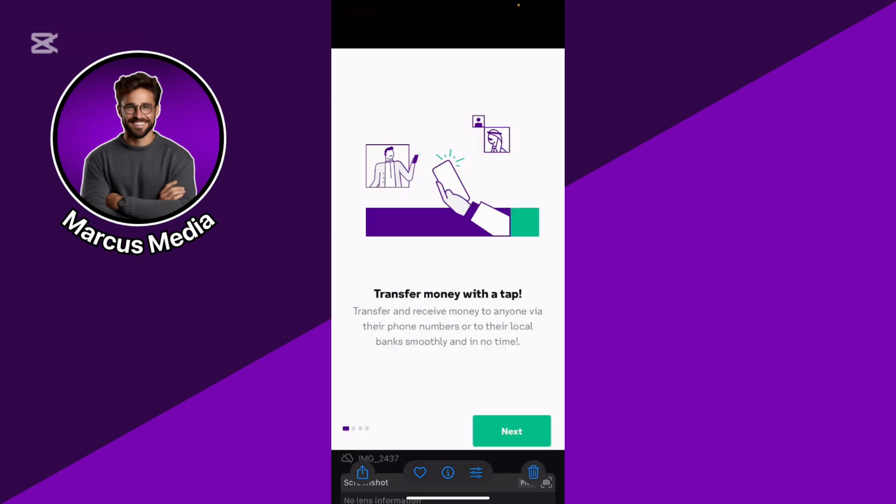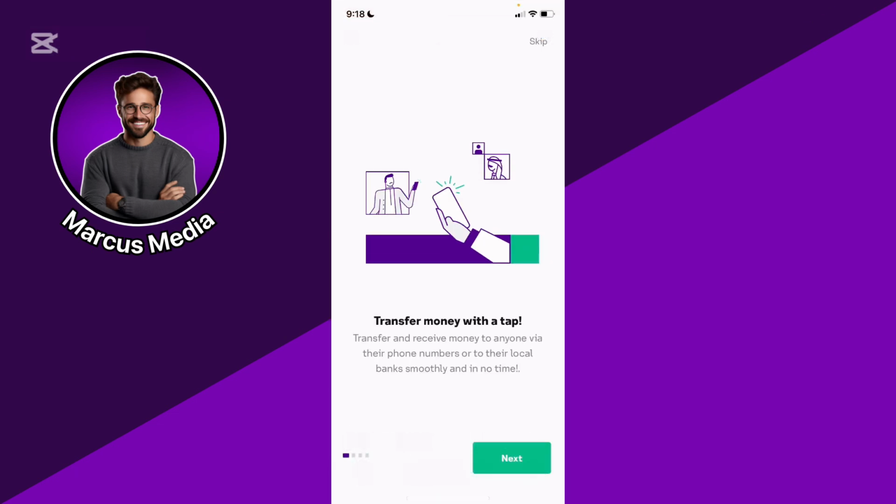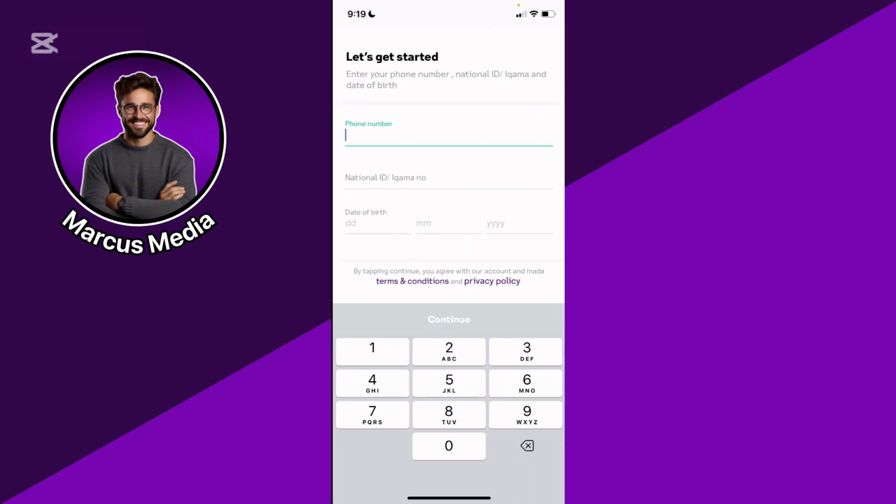So you're gonna be able to see the interface just like this, right? Now what you're gonna do, you're gonna hit skip at the top, right? And now they're gonna redirect you to add your phone number, national ID, or Iqama in Arabic, and then date of birth. And then you're gonna confirm your phone number and add your own special passcode